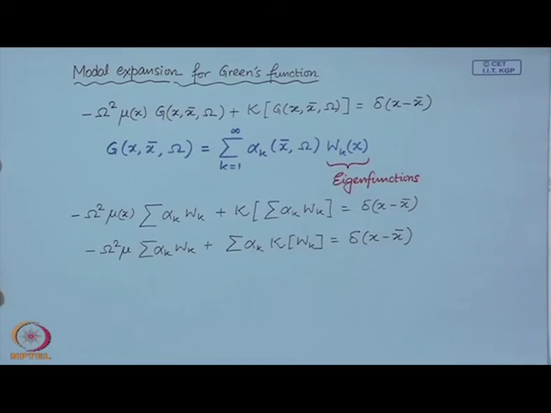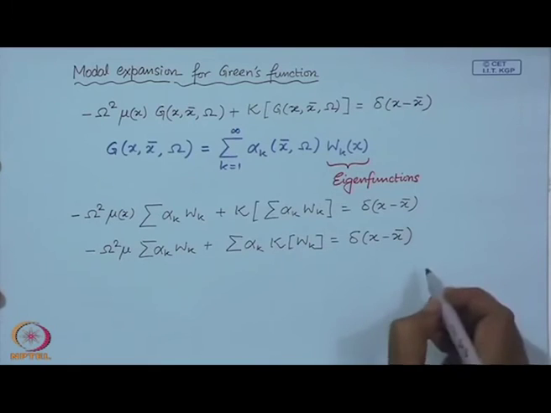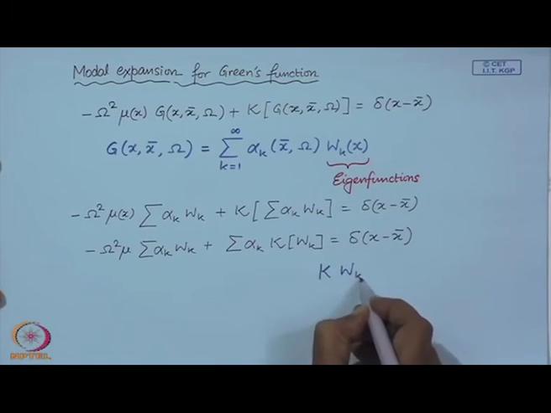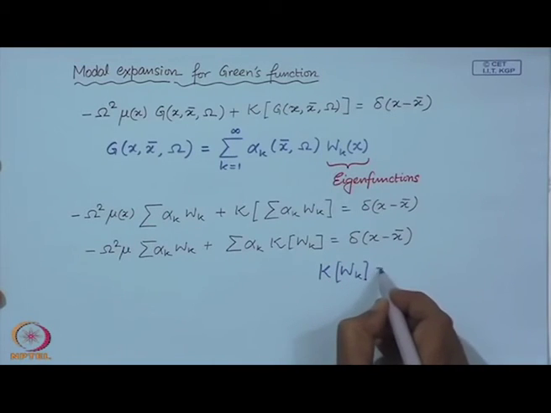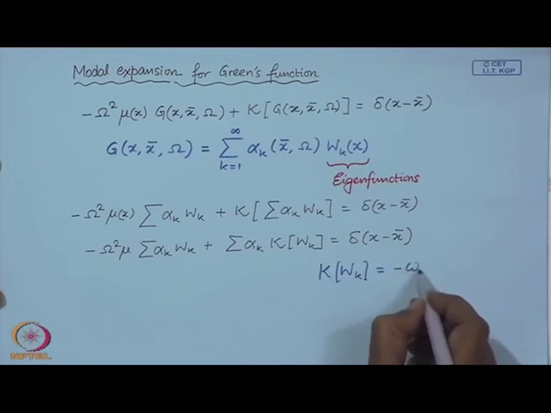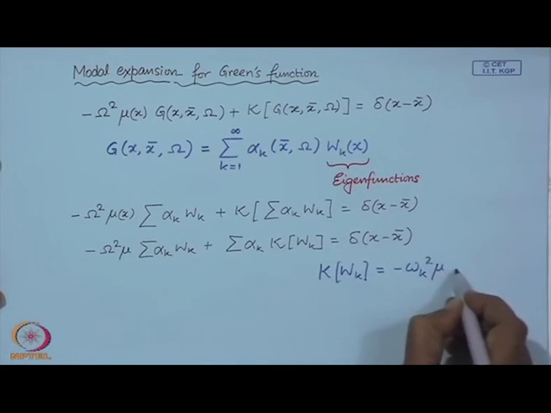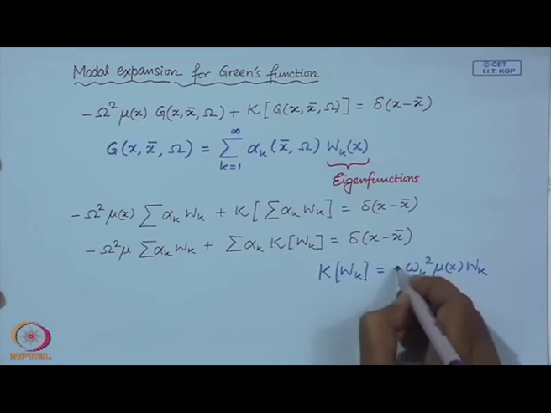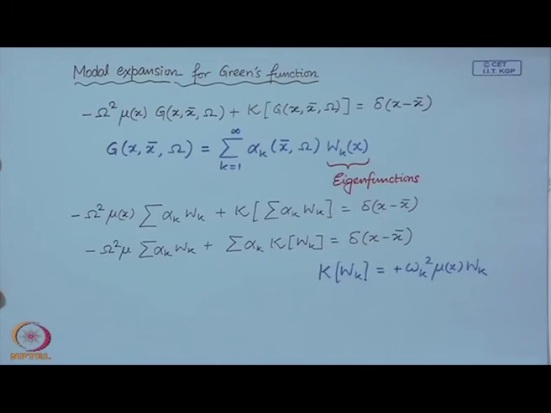And from the eigenvalue problem of this operator, we also know that this is what we have. So, this is a statement of the eigenvalue problem, the differential equation of the eigenvalue problem. So, if you substitute in here and simplify,